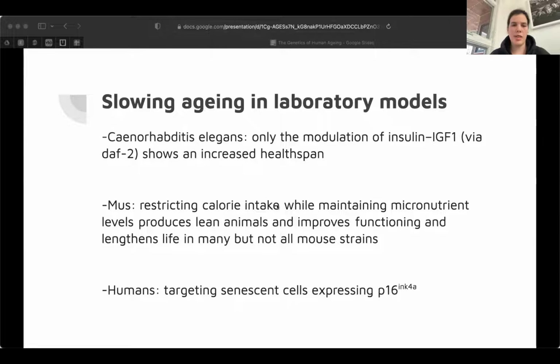But a larger scale of this model is for the first time in trials. It's the first-in-man clinical trial in idiopathic pulmonary fibrosis. And so far, targeting these cells has been reported effective and relatively safe. So hopefully applications to other models that will then slow the aging of those cells in humans will be effective in future as well. But at least we have some place to start.